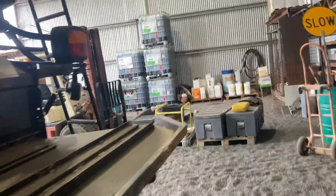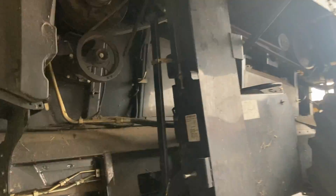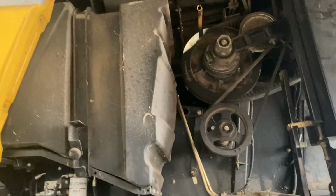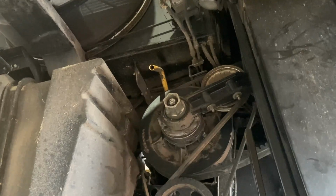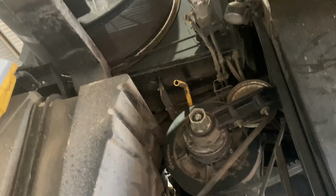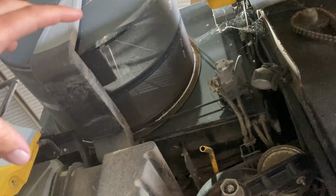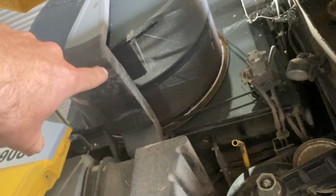Now, on the original one that we have had from new, might have been 3 or 4 years ago, we were harvesting linseed, and there's a certain little bug that lives in linseed. They're called Rutherglen bugs, and it was really thick and really bad. Because they're eating the linseed, they're full of oil, and it just gets quite messy. So this is the original one. We've added a second rotary screen in there just to get more airflow into it. This has got a bigger motor in it than the other one, but it sucks down from underneath there and goes up through